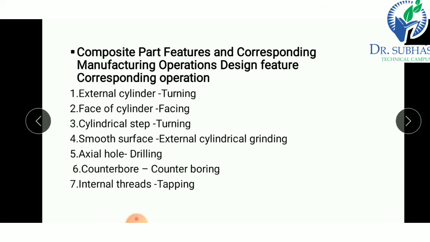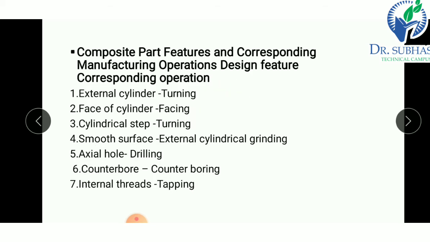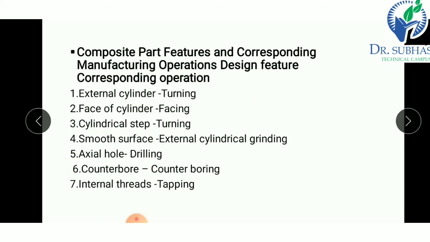Okay, then second we perform a face of cylinder, that means we perform facing. So on these two sides we perform a facing operation. Then third one is a cylindrical step. So again we have to convert this cylinder into a stepped cylinder, so we perform a turning operation again.